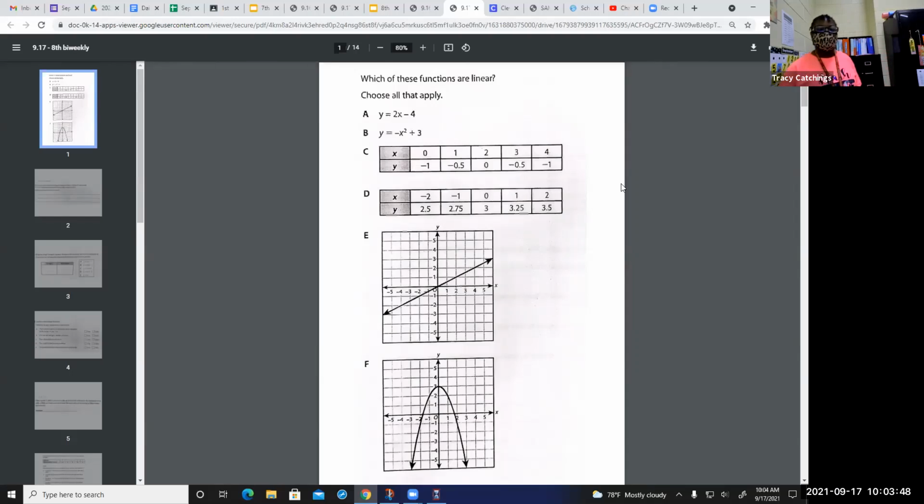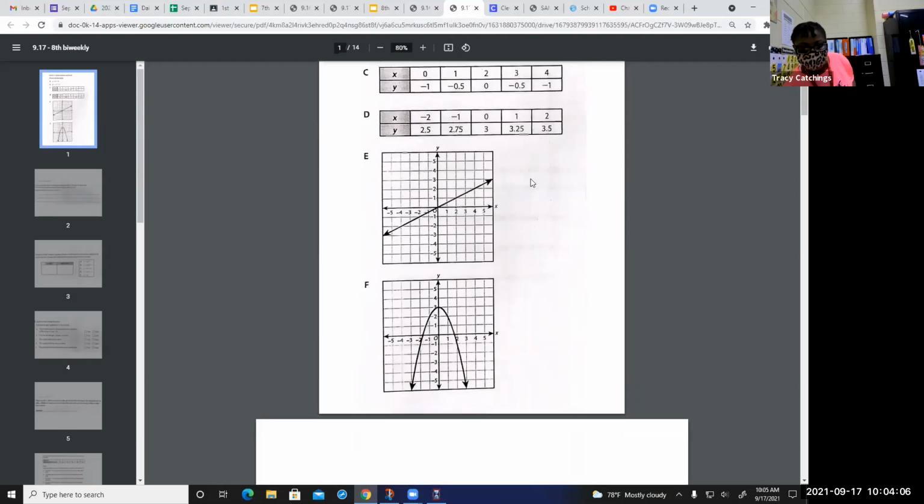All right, so number one, they want to know which of these functions are linear. You should have some notes that can help guide you if you need to. You may have to find them or whatever, but you should have some notes. If you don't need any notes, just think about it. I also gave you some grid paper. If you want to draw it on the grid and see if it makes a line, that will be fine